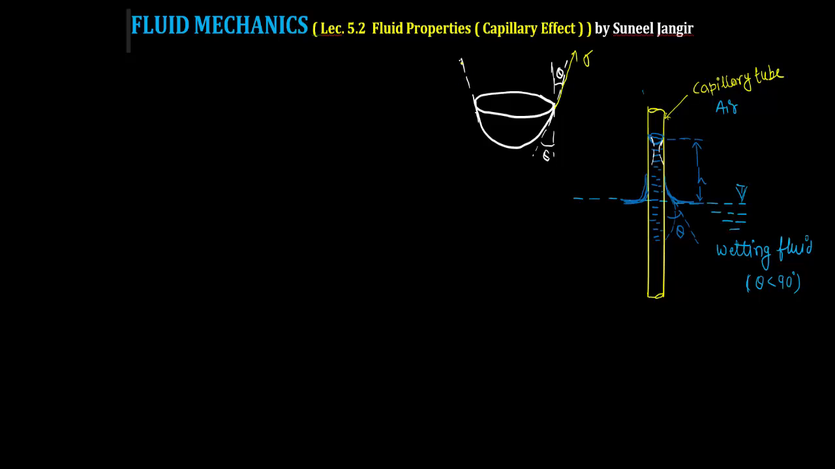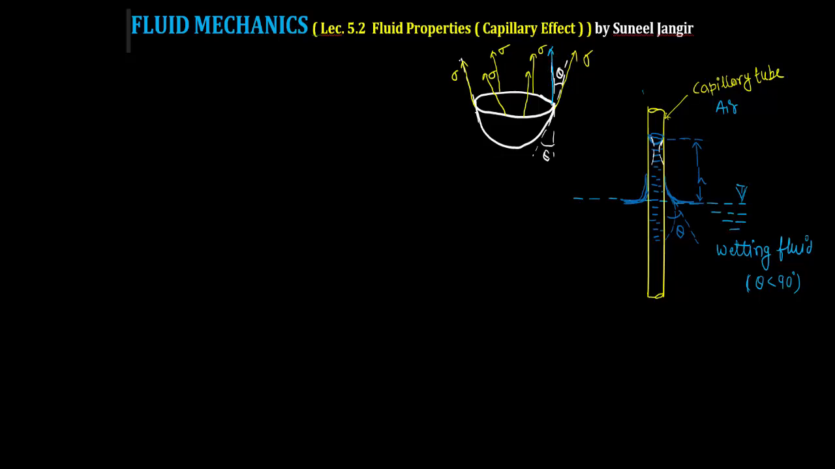This is sigma here. They are also acting along this tangent, that is sigma here. This is acting throughout the periphery. Because surface tension is a line force, it will act over this periphery. Magnitude is sigma. As we know, surface tension is a line force acting over this periphery. So the component of this sigma vertically, the vertical component of this sigma,